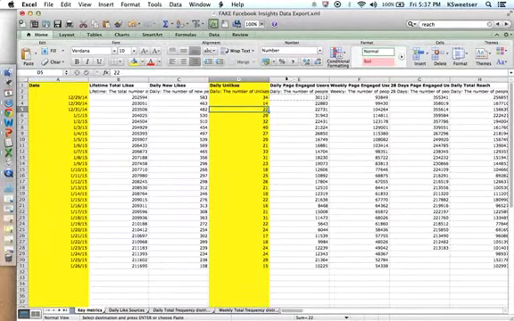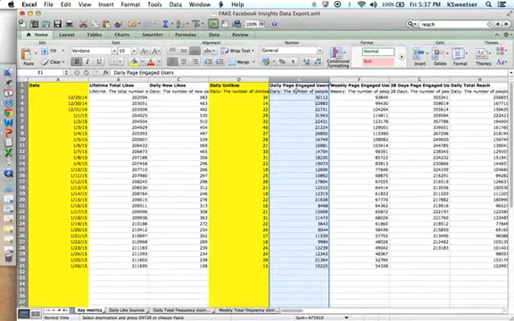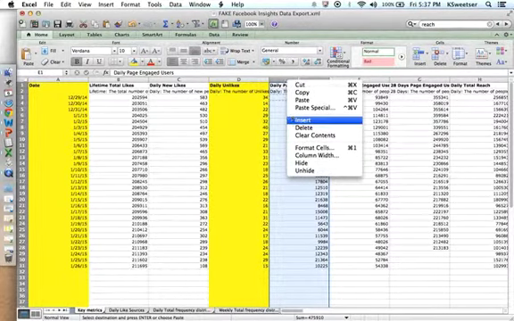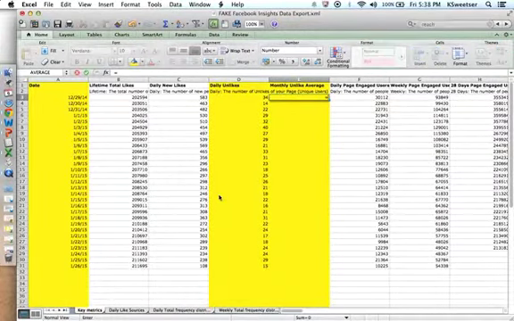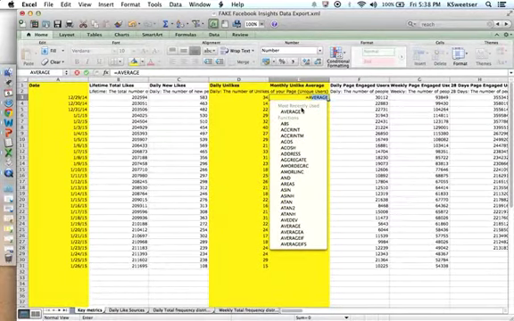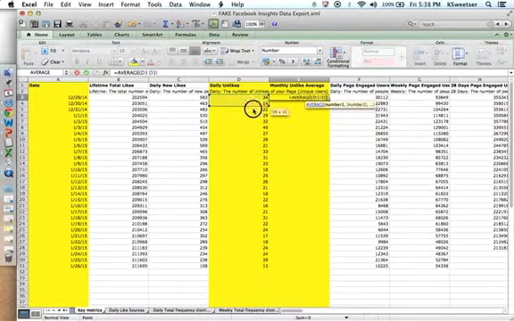So I'm going to create a new column off to the side of my daily unlikes here, and I'm going to call it monthly unlike average. The first thing I need to do as I try to figure out the average is to compute it. I have a whole month's worth of data here, and I'm going to find out what my average unlike was. So I'll type in =, average, and then I'm going to select the whole month of daily unlikes